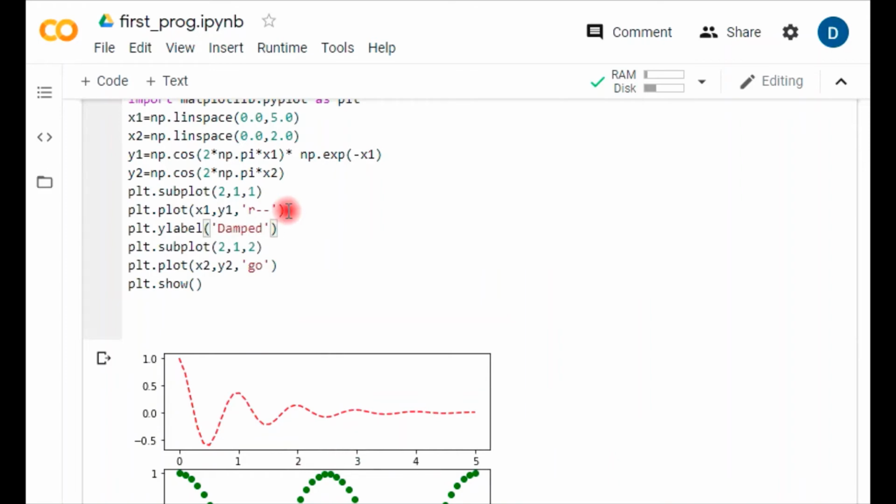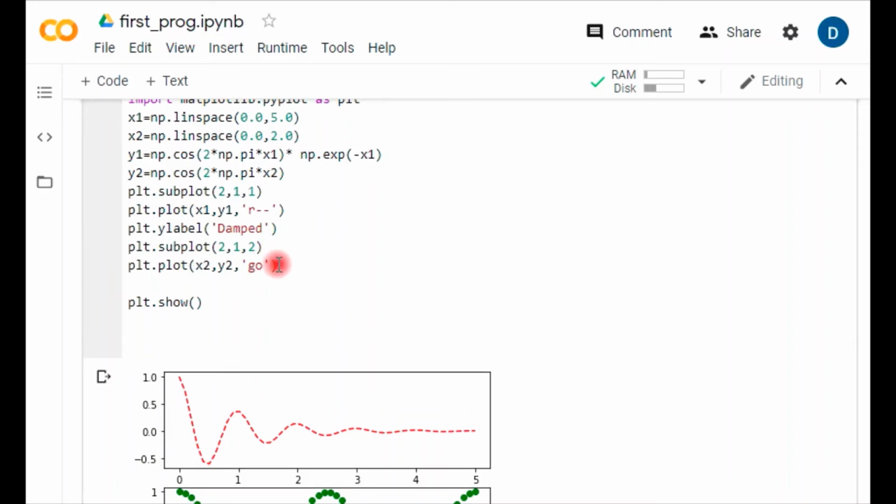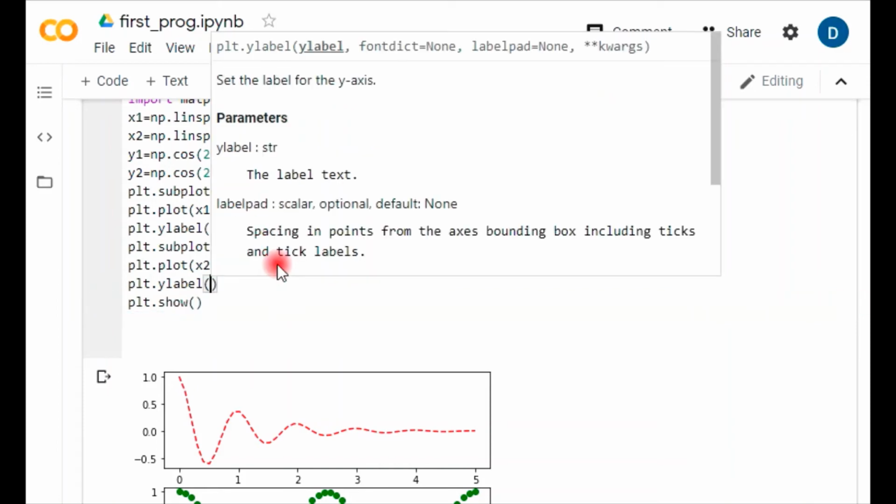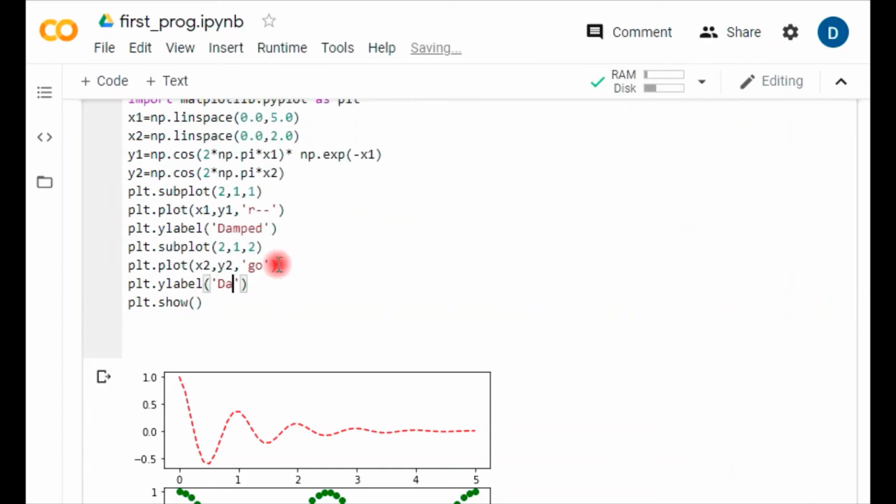So basically here it is damped, and for the second plot we go to plot dot y label, and here we have this damped. Running it again.